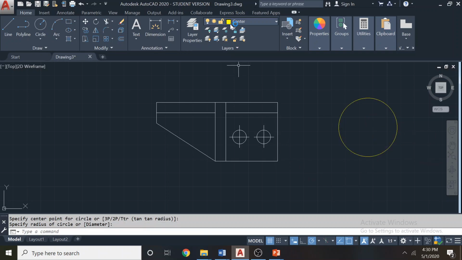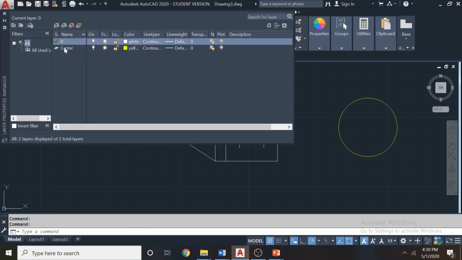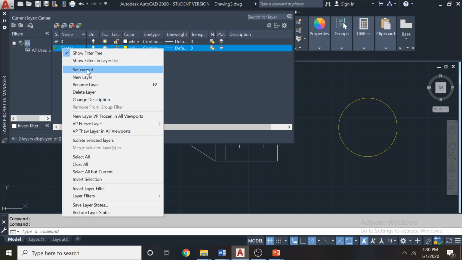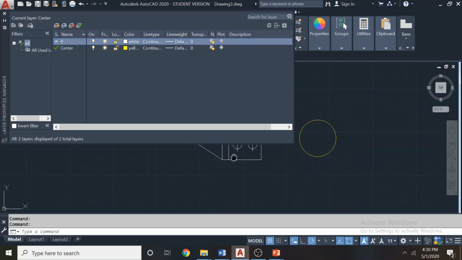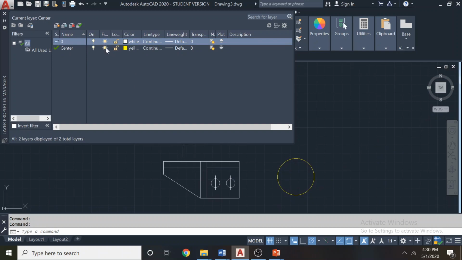So you have to select the layer. Either you can come here and select, or double click here and select, or right click and set current. Now the current layer is the center layer. Now you can freeze the zeroth layer, but the current layer cannot be frozen.